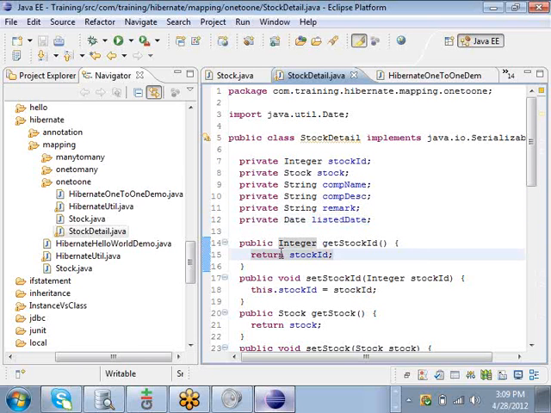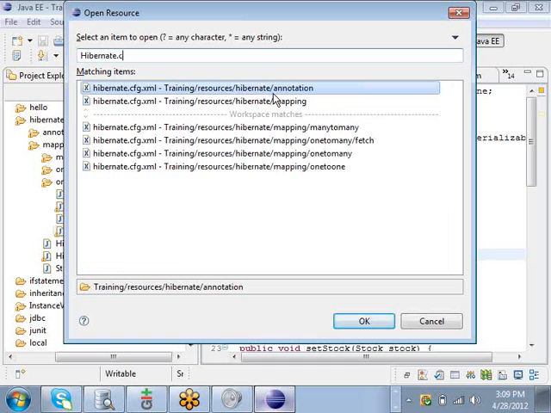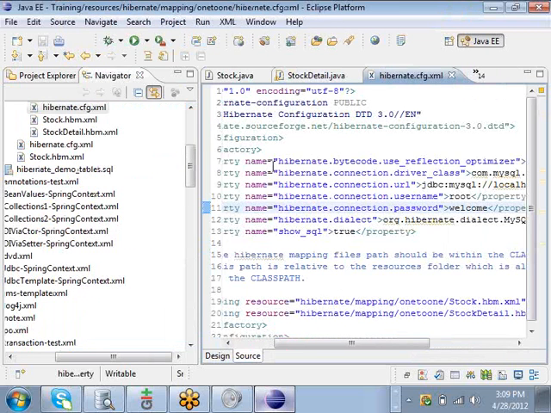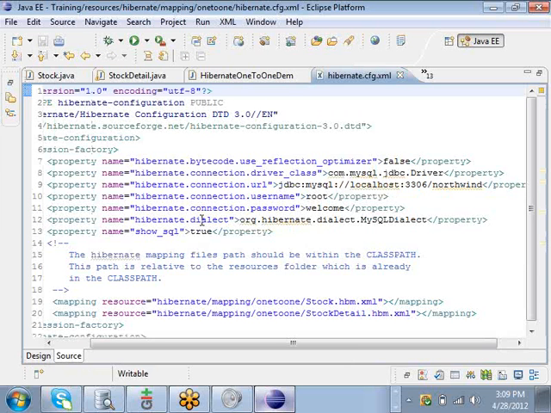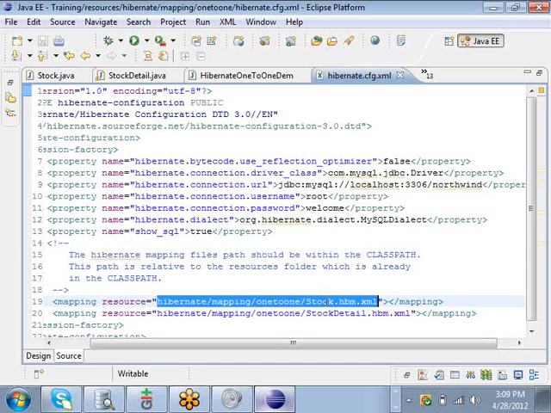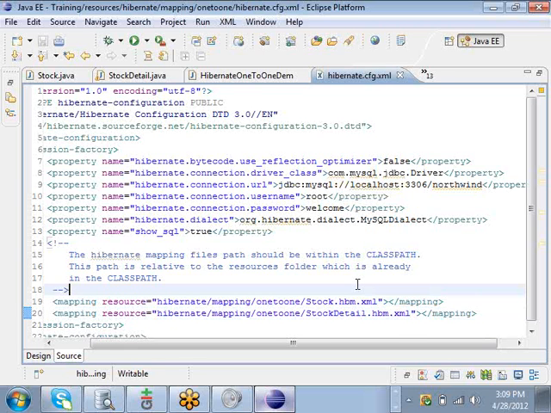And let's look at the Hibernate config file for this, and make sure you're opening the file from the one-to-one folder. In this file, you will see that we are setting all the JDBC properties, and it includes references to two mapping files. One is stock.hbm.xml and another is stock.detail.hbm.xml. So let's open the stock.hbm.xml